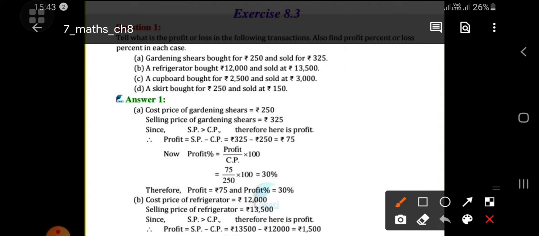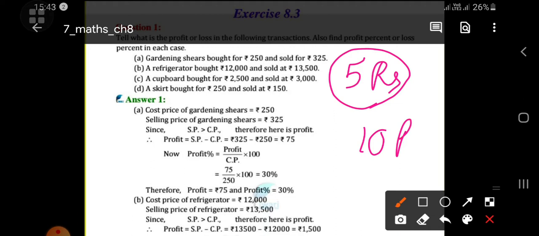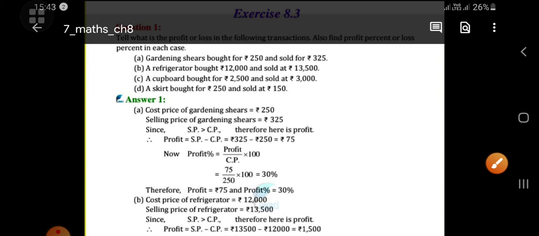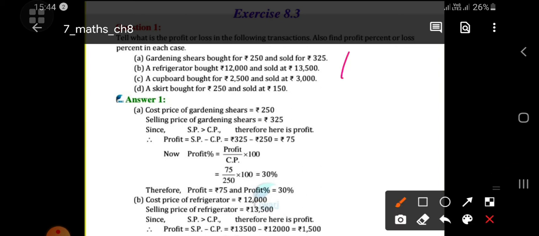For example, you purchase 5 chocolates for 5 rupees, and now you are going to sell these 5 chocolates for 10 rupees. So you will get 5 rupees extra. That 5 rupees you earn extra, that is the profit. In the same way, it's the opposite: you buy chocolates for 10 rupees and sell them for 5 rupees. Then there is a loss of 5 rupees. You will lose your 5 rupees. So that is a loss.